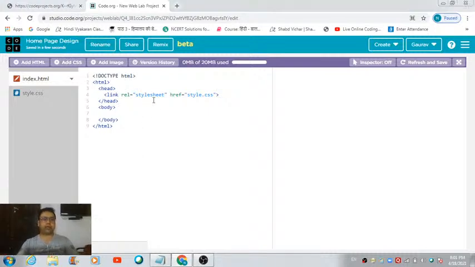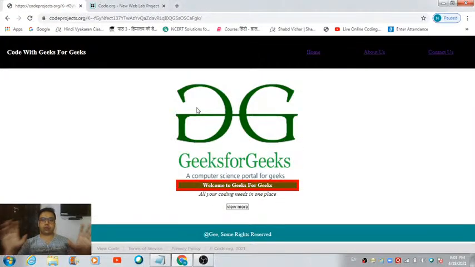Now we need to first identify the various parts of this web page. So there are three different parts into which we can divide this website, or you can say this home page. The first part is this header part, in which this text is getting reflected right on the top in the left side, and there are three hyperlinks which we are able to see on this navigation bar. So there is a navigation bar in the header part, and there are four other text which are getting reflected